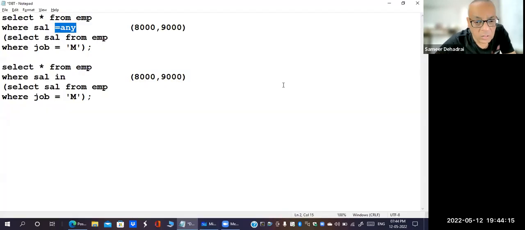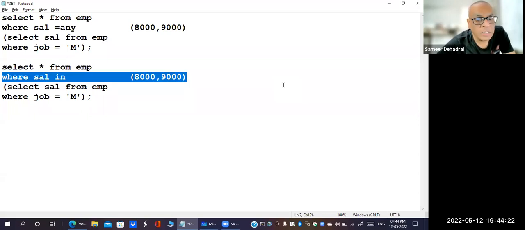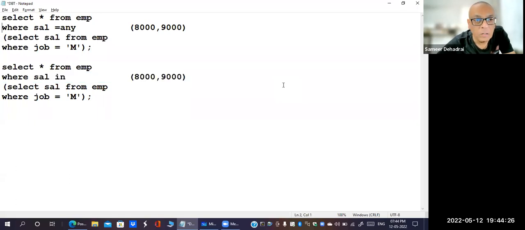What I said just now, someone asked me to repeat. I said the IN operator is faster than the ANY operator because the ANY operator is overloaded. This equal to sign is what slows it down. The ANY operator is overloaded, and that is why IN is faster than ANY. But the ANY operator is more powerful